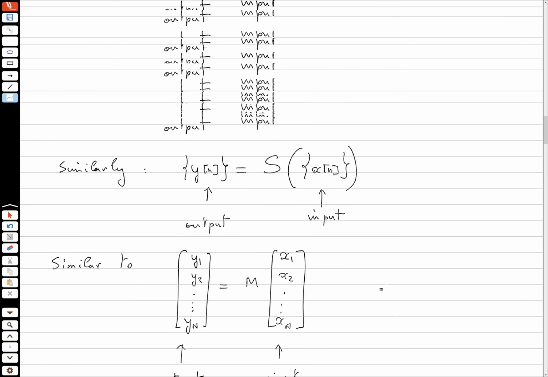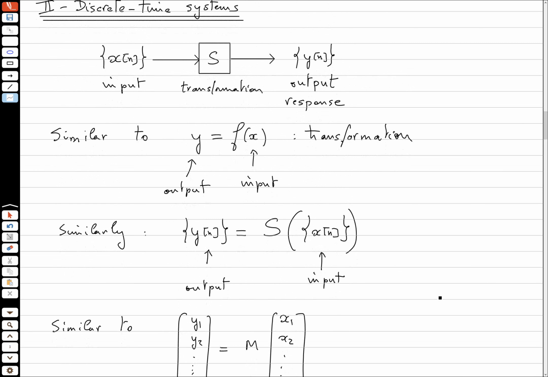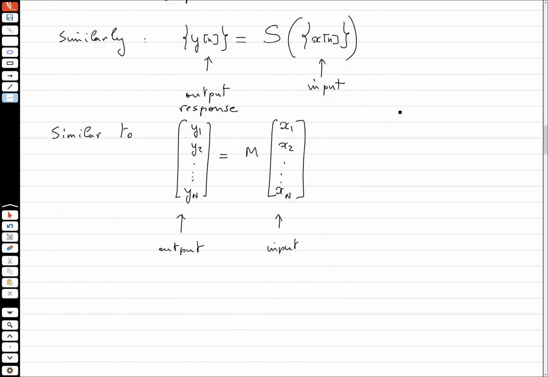Now, the output has another name. It's also called the response. All right? So we say that y of n is